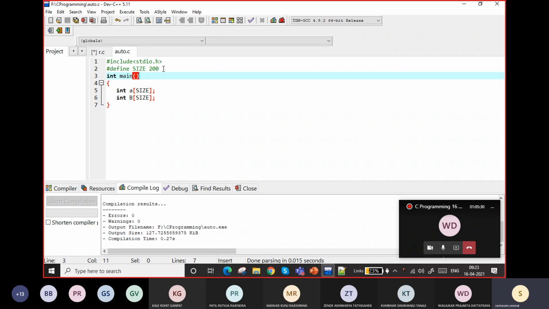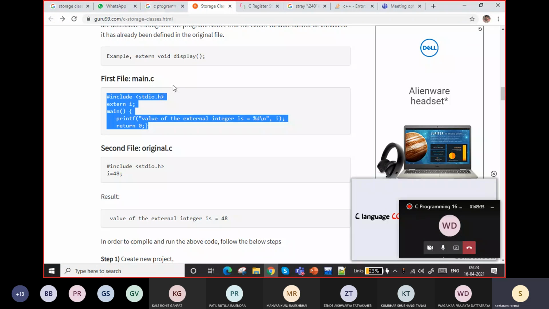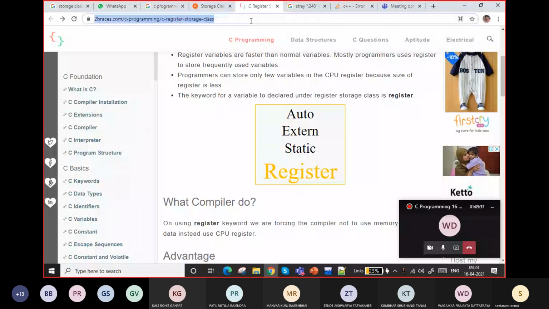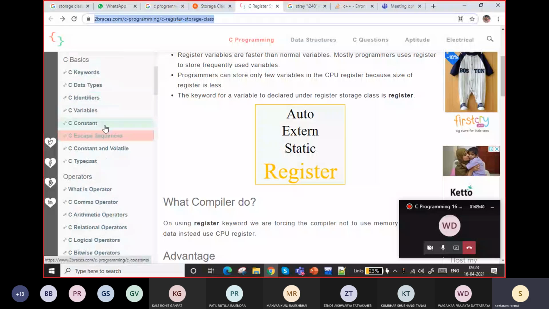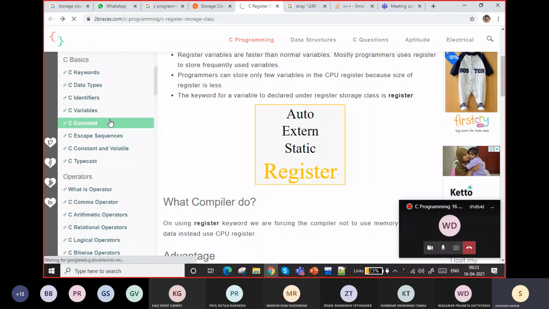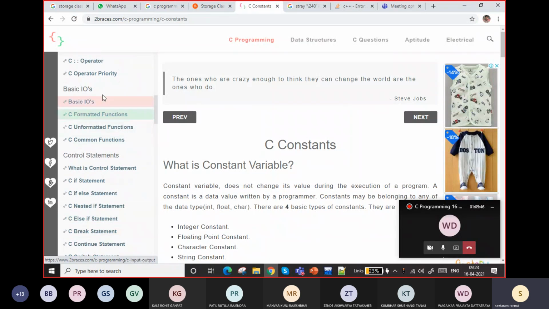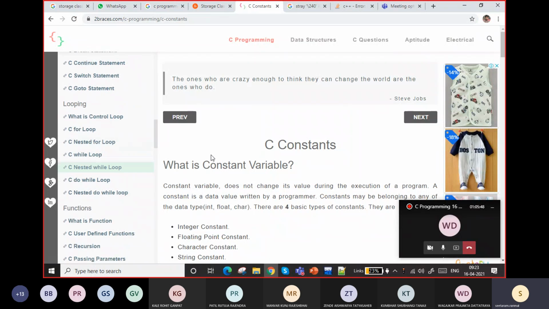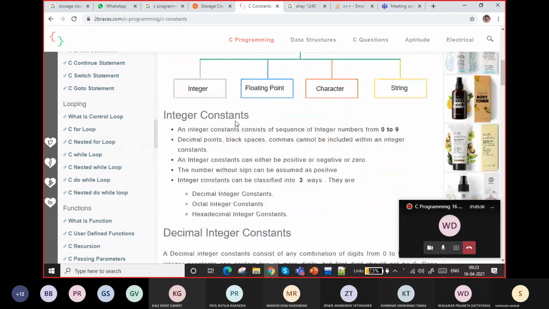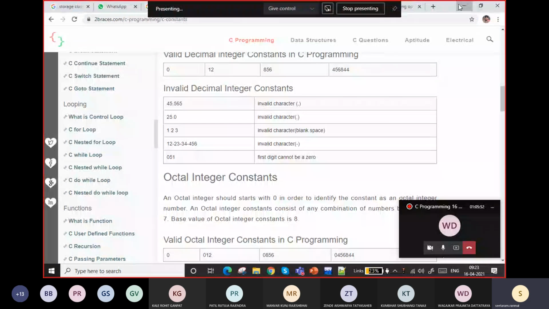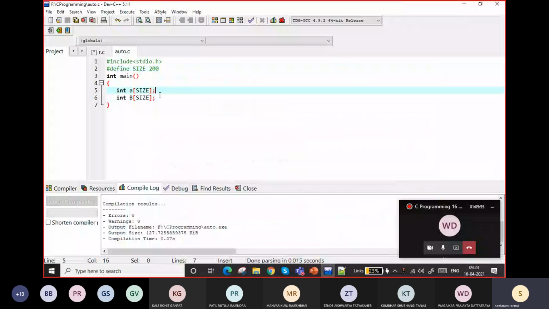Therefore, this topic is very simple. Preprocessors, constants. You can go on Google and check what preprocessors are, and try to understand this.